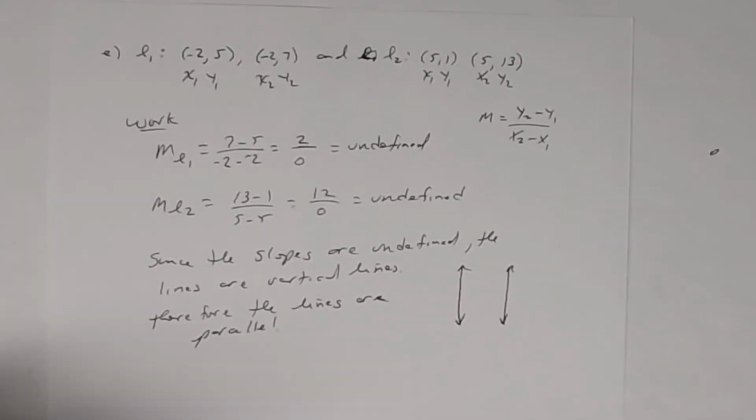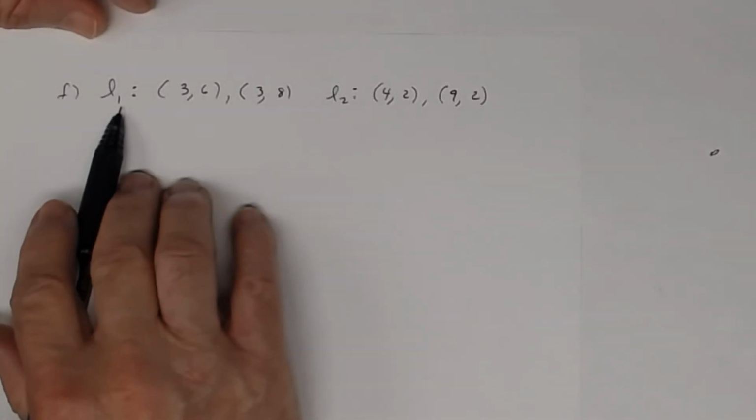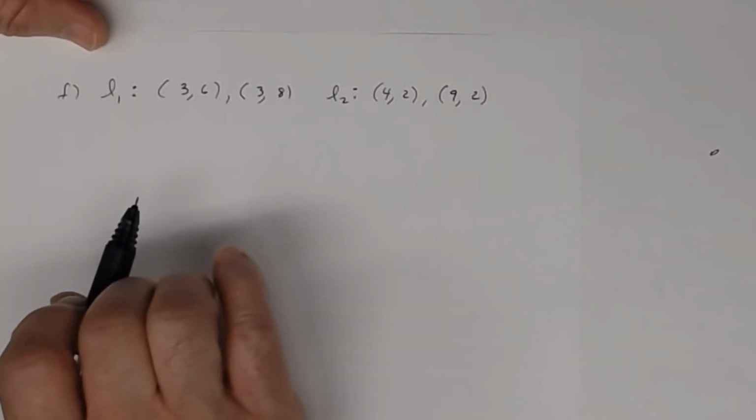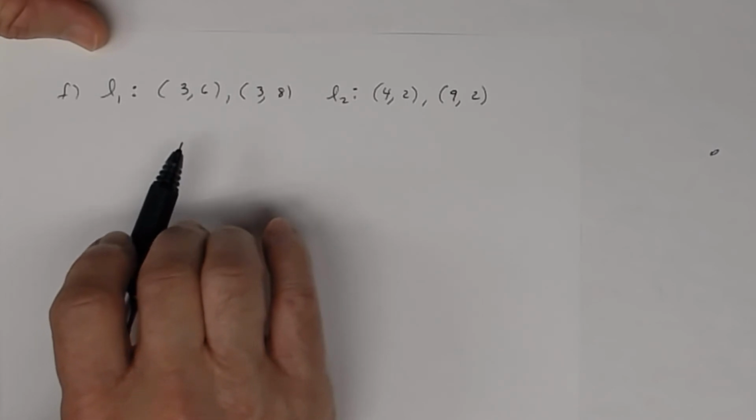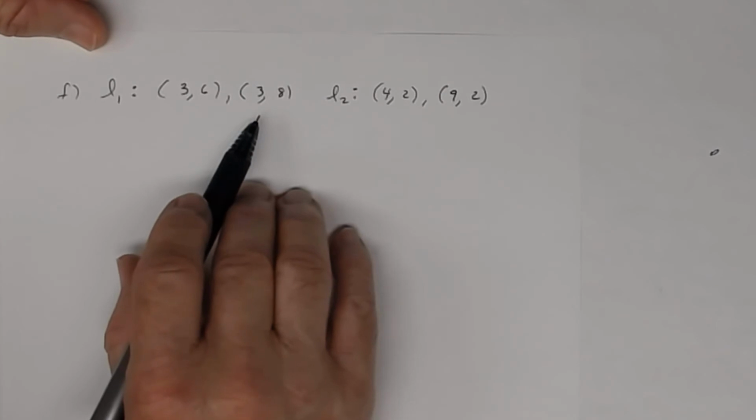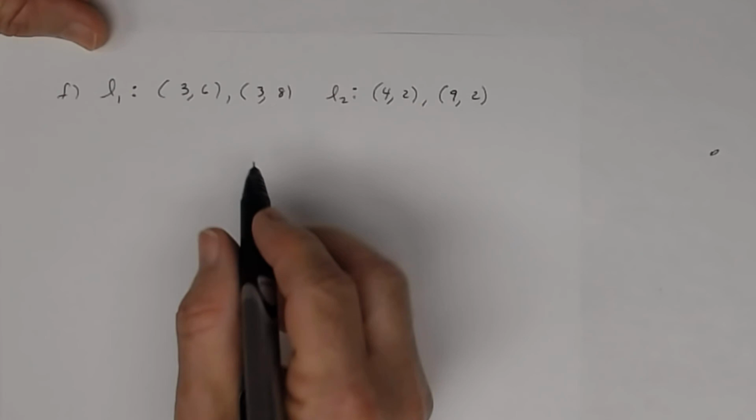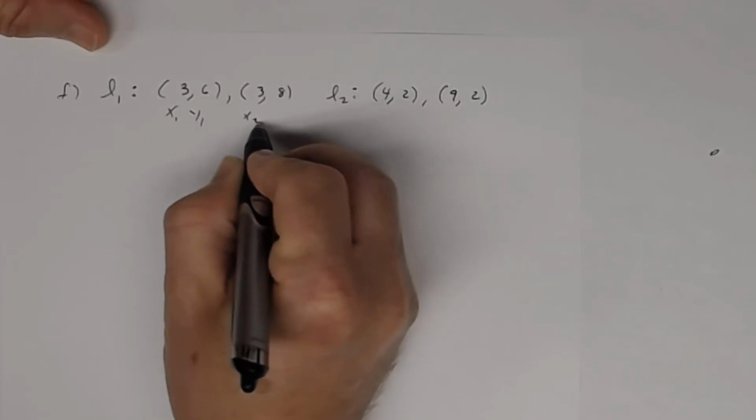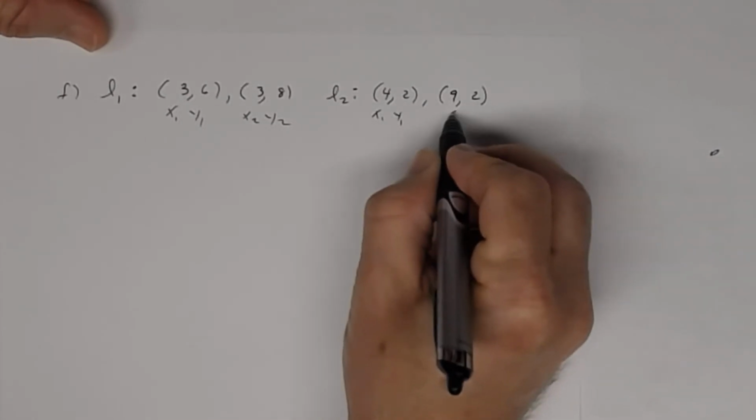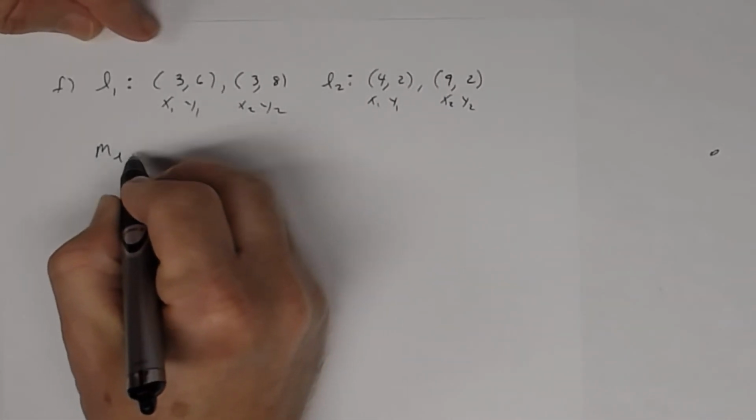Now, I really want to do one more just to see if you can think about this carefully. Let's look at one more. Okay. So we have line 1 containing those points and line 2 containing those points, and I want to know: are line 1 and line 2 parallel, perpendicular, or neither? Well, since two points are given, I can determine the slope by using the slope formula. So let's call this x1, y1, x2, y2, right? Okay. So the slope of line 1 equals